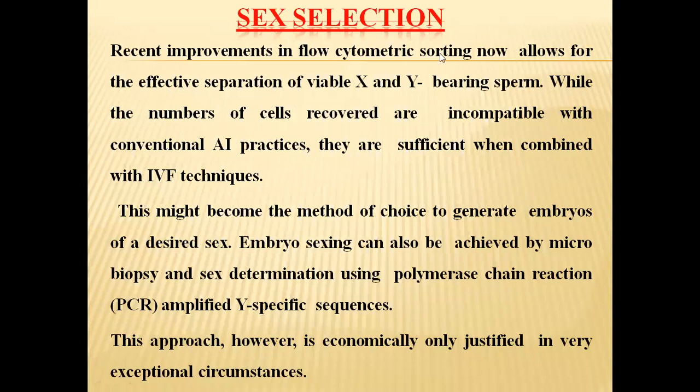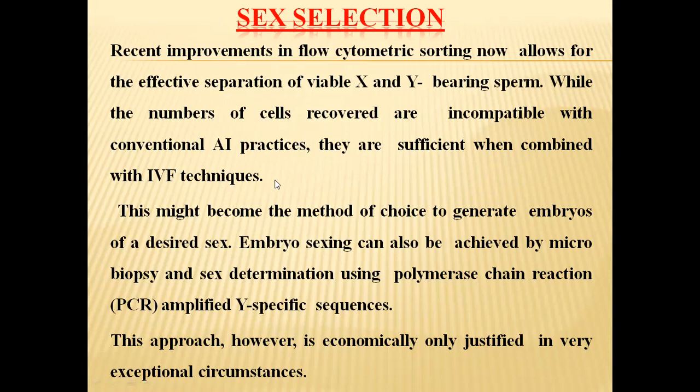And the last one in this first category is sex selection. So this is nothing but sperm sexing. We have also seen the procedure of sperm sexing in a previous video. In this, we can select the required sperms, whether the X chromosome bearing sperms or Y chromosome bearing sperms. So depending on the requirements, if we want to have a female offspring, we can separate X chromosome sperms only from the semen, and we will use these X sperms in